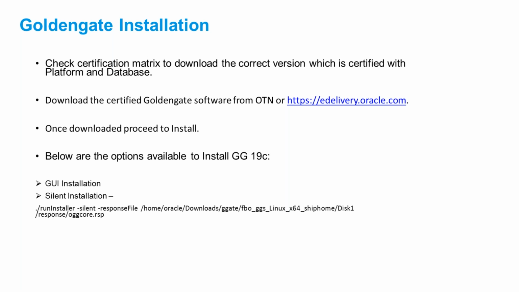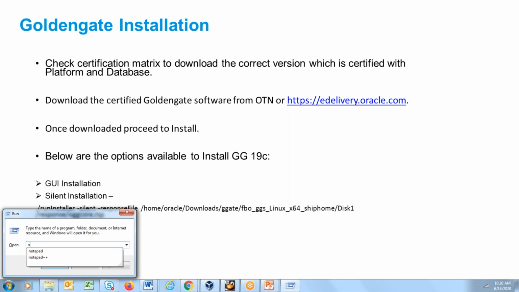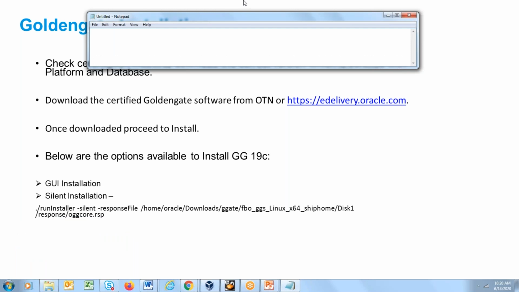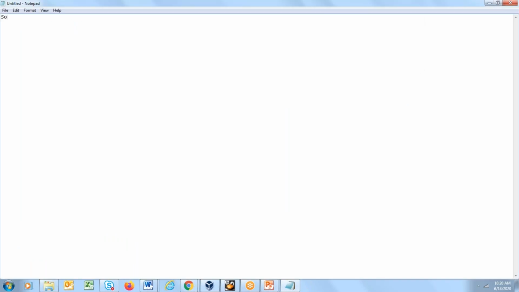Before you do that, the steps you should do are: note down the source DB version and platform, and note down the target DB version and platform.